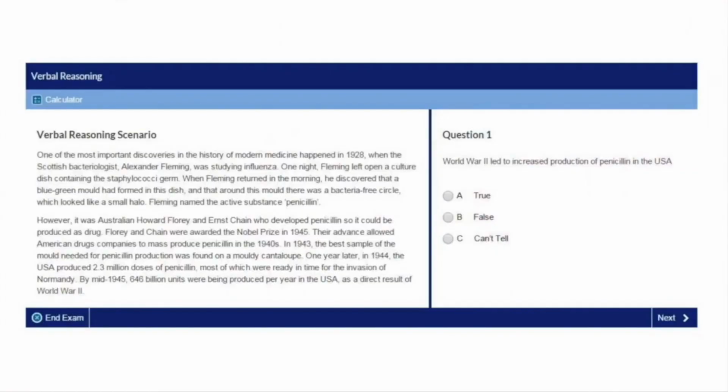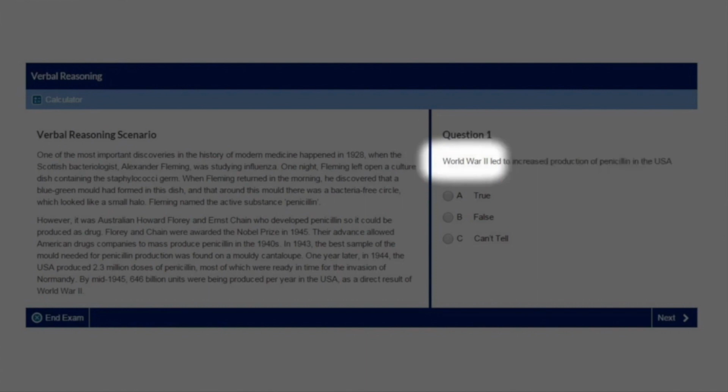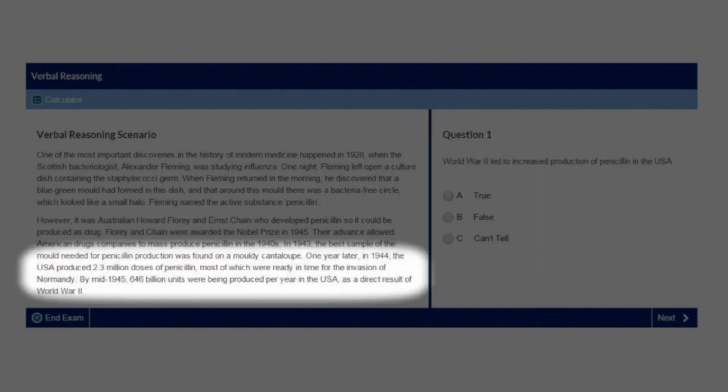So for the true, false, can't tell, I want to teach you something called the targeted read. And this technique seems counterintuitive, but essentially what you do is when you get a question, you ignore the passage. So don't read that first. You then go to the question. You want to know what the root theme that they're asking about in the question is. So once you've sussed that out, you then go back to the passage,